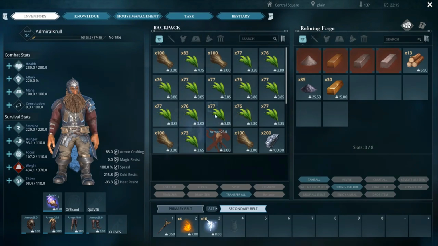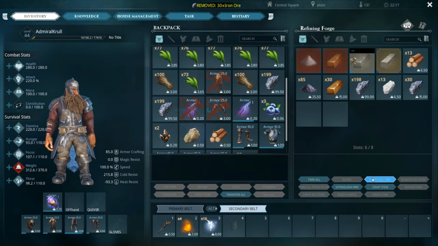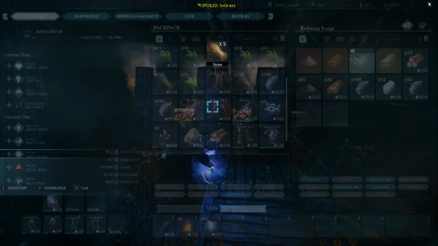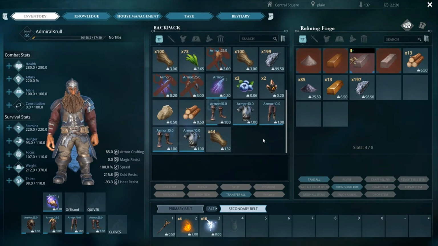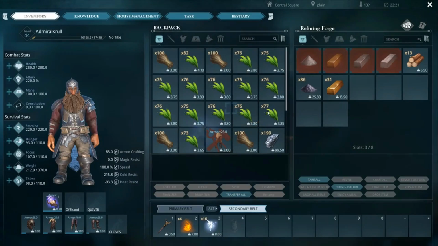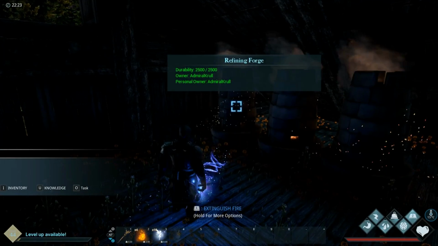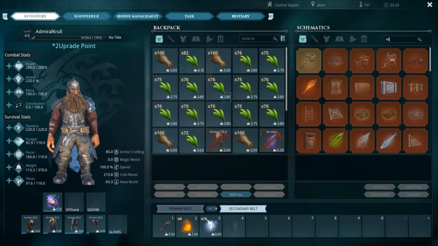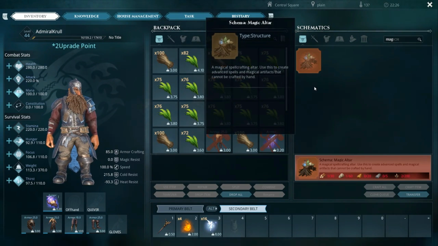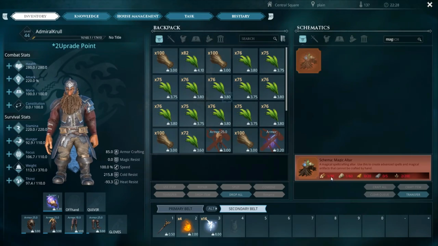Let's see. Hey, there's some. There's some. And there's some. Alright, back to our magic altar. 20 copper, 5 iron, 60 stone, 30 wood, 200...